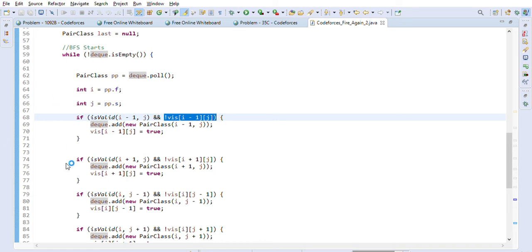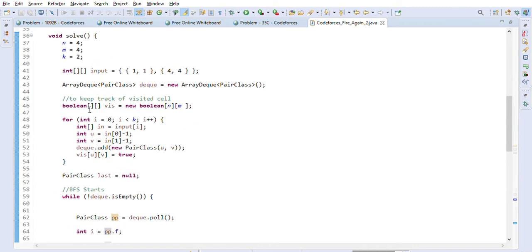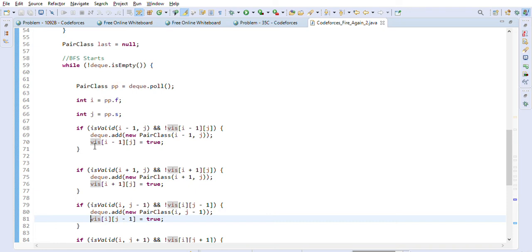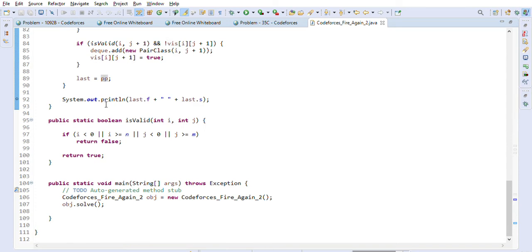BFS will loop in the while loop and process all the cells, and at the end we always keep track of the last cell we have processed here, right? P is the last cell, as you can see. This is what we are taking out of the queue, right? So whatever last cell we take out of the queue, we will return that as our answer here, last dot a and last dot b.